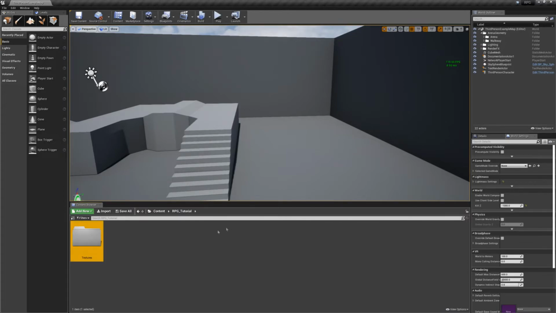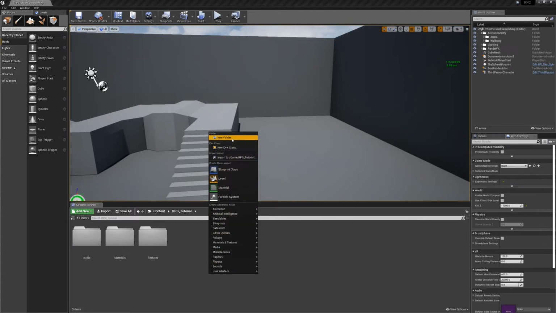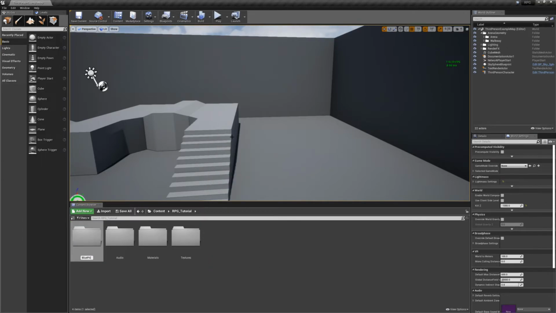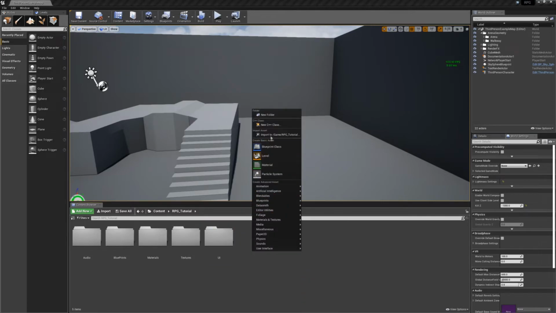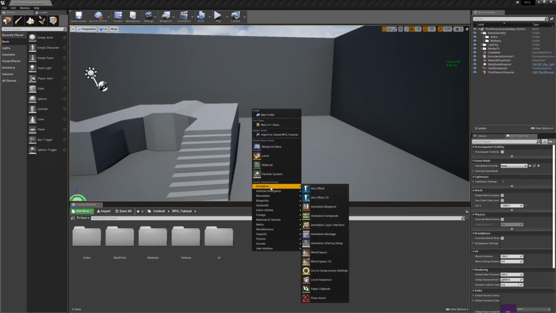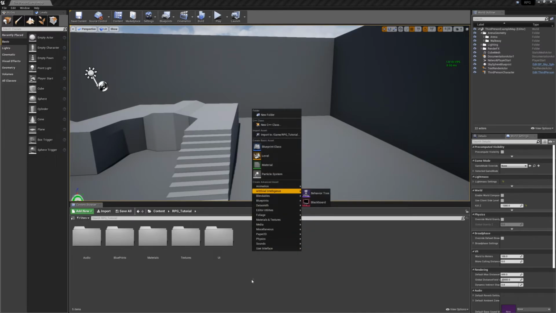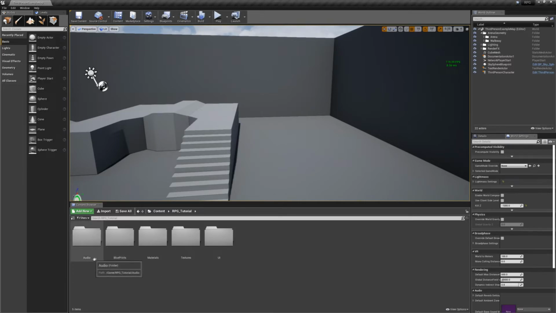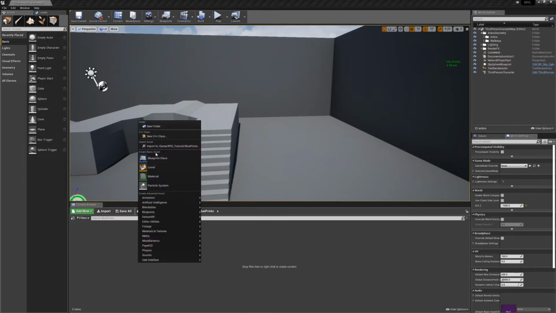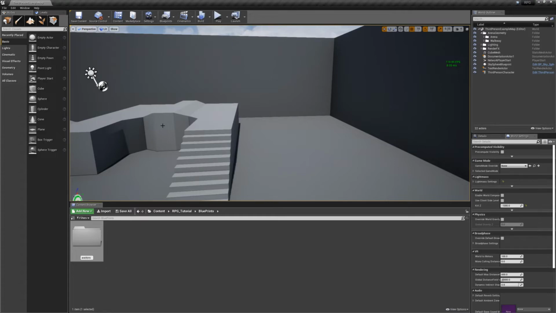We're going to create a textures folder, materials, audio, blueprints, UI, and then I think that's all we're creating here in the main RPG tutorial folder. If we go inside blueprints, we can just type in actors,